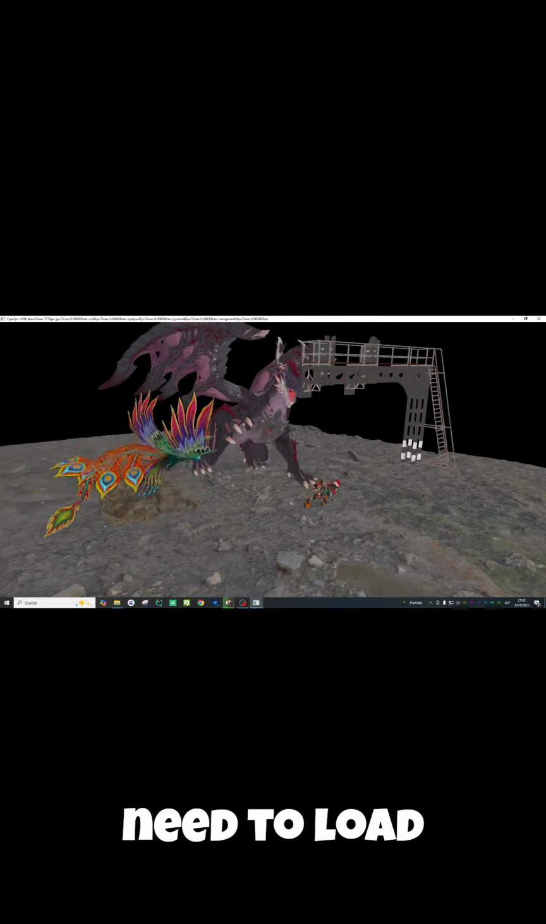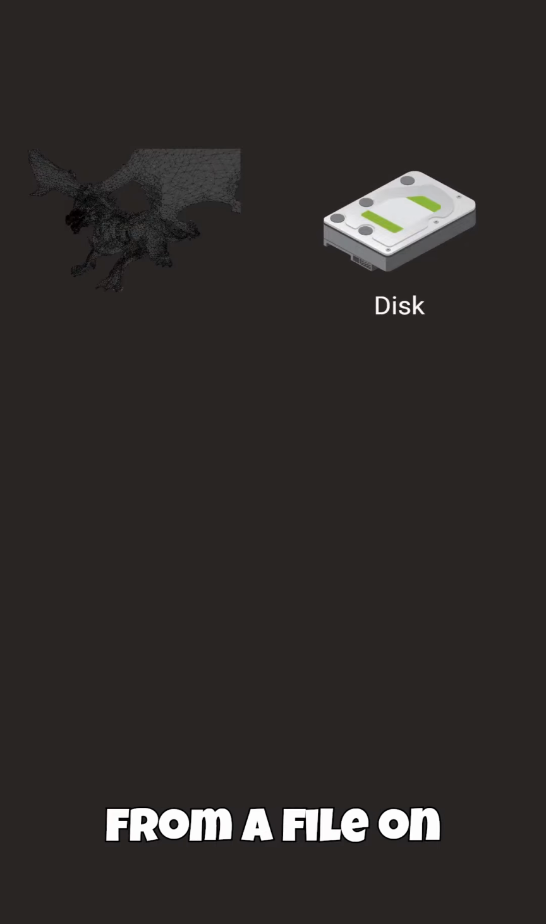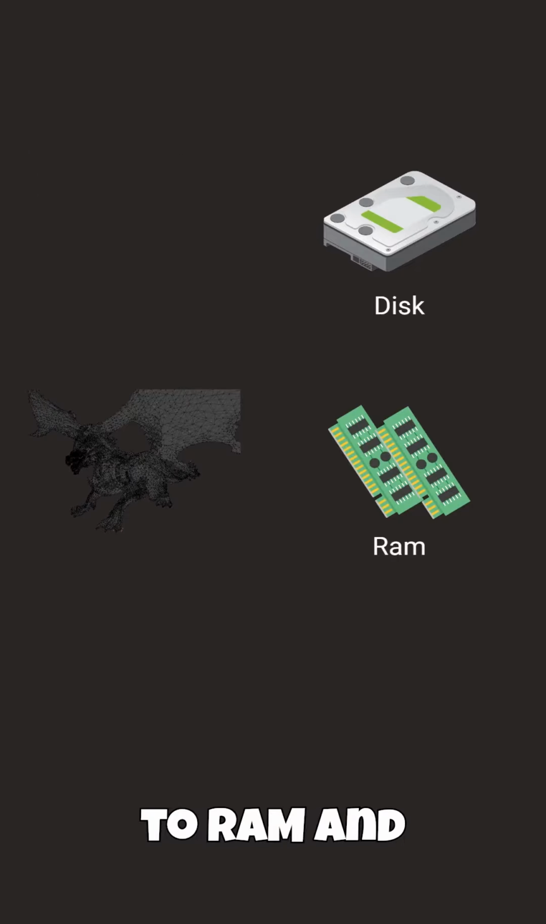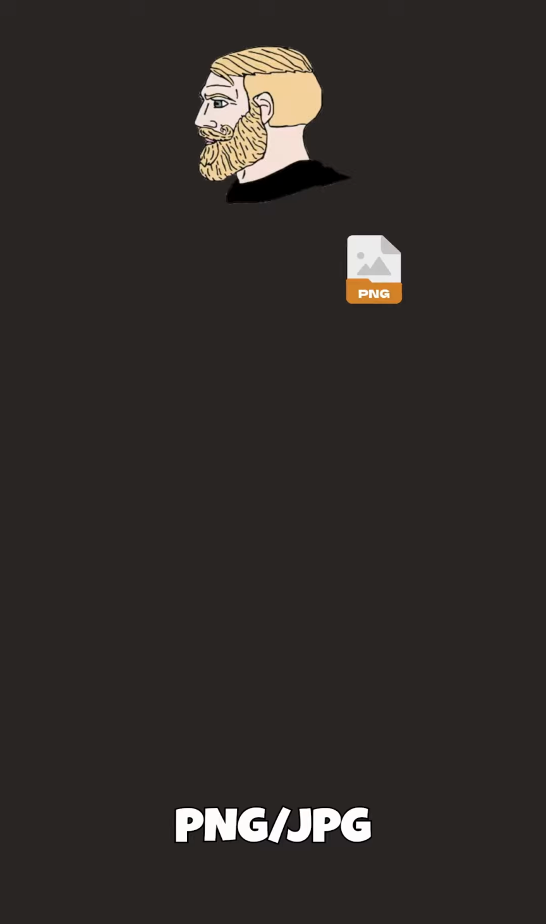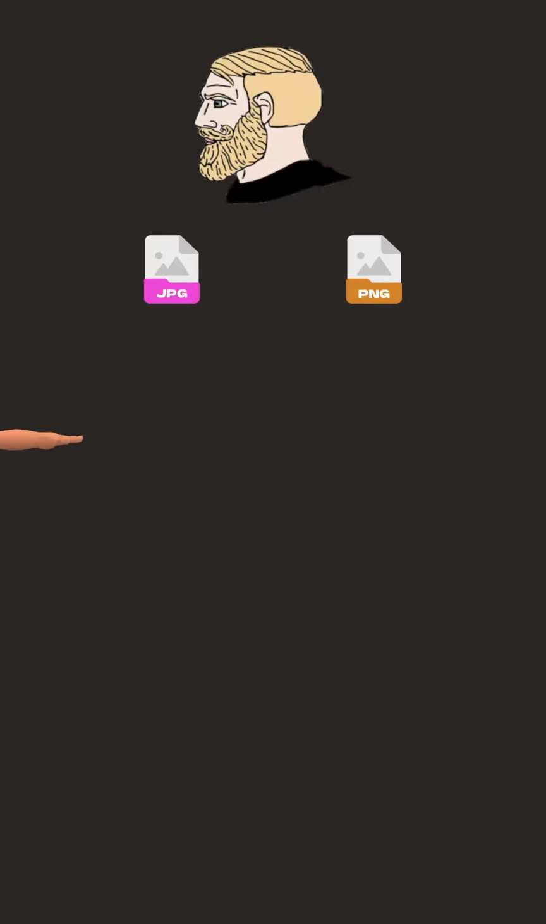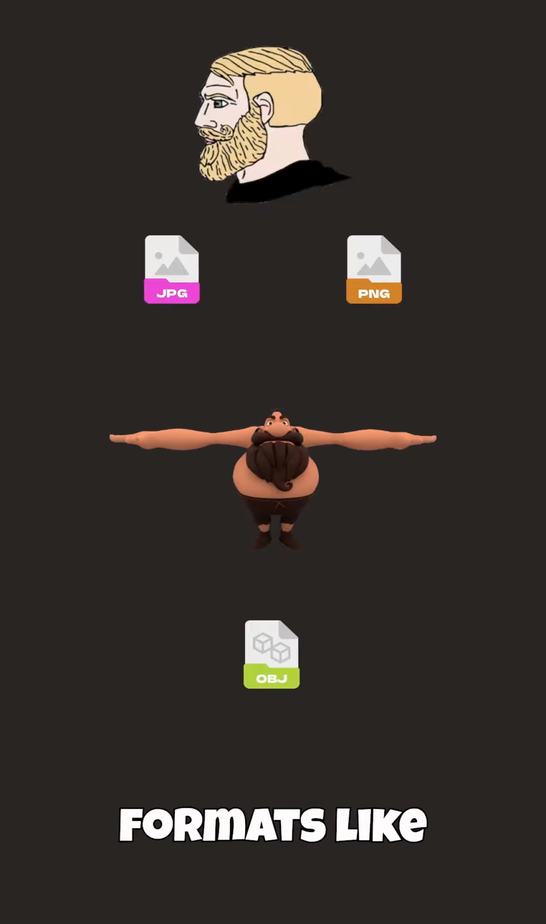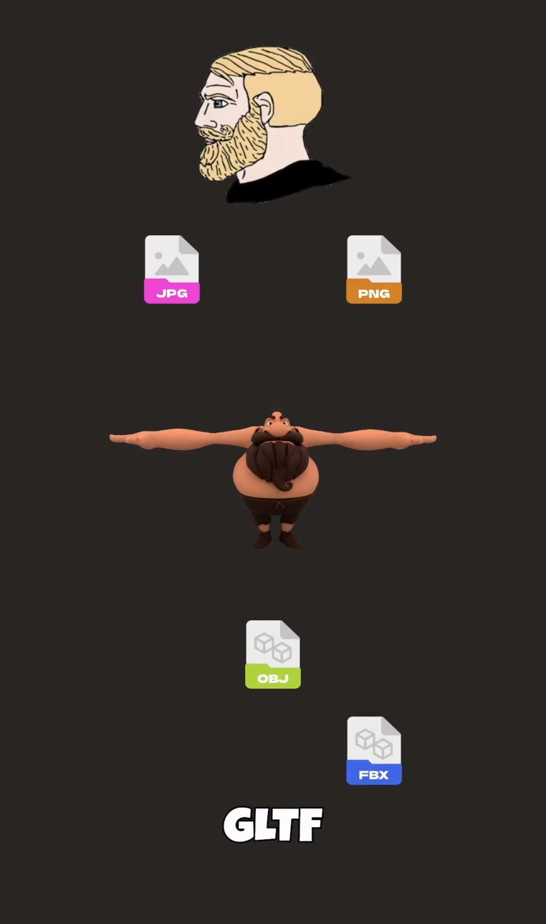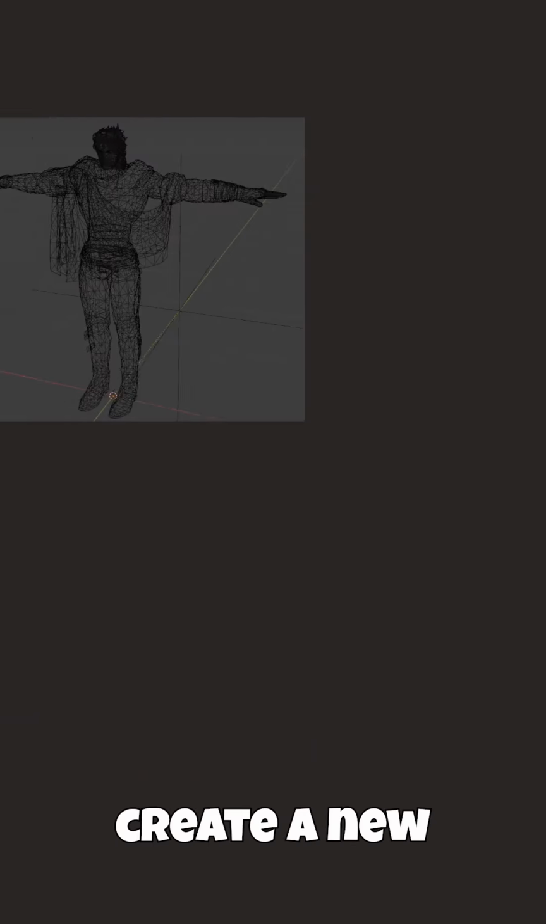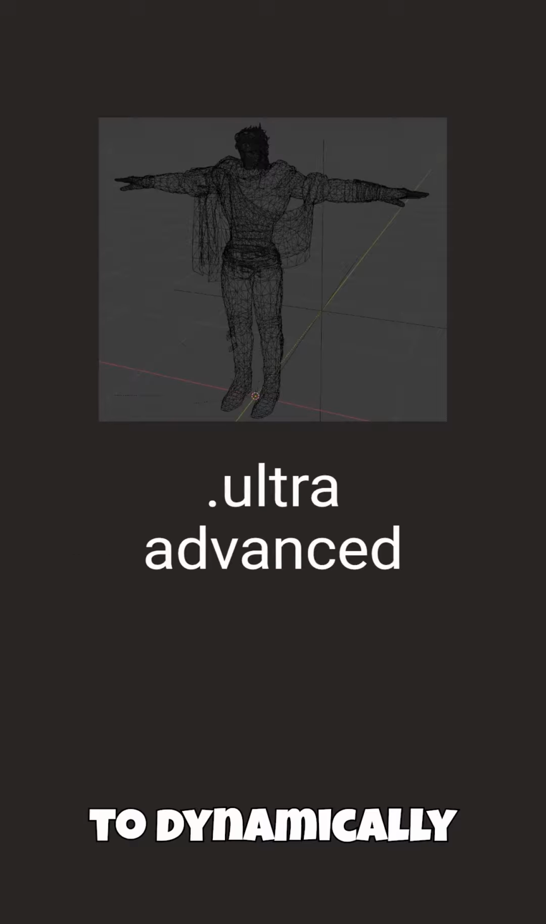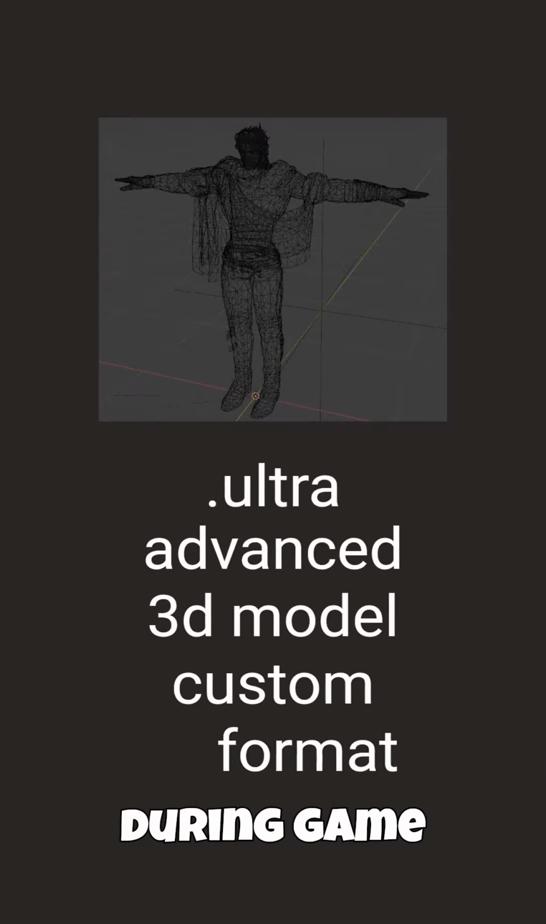models. For this, I need to load the 3D model information from a file on the hard drive to RAM and from RAM to the graphics card memory. Just as images are saved in PNG, JPG formats, 3D models are saved in formats like OBJ, FBX or GLTF. Well, I decided to create a new 3D file format to dynamically load 3D models during game execution